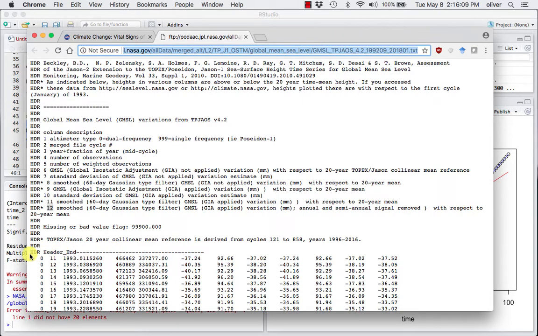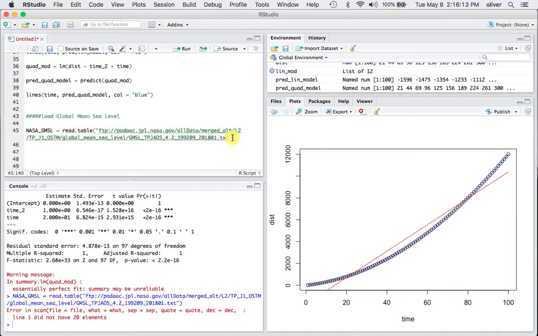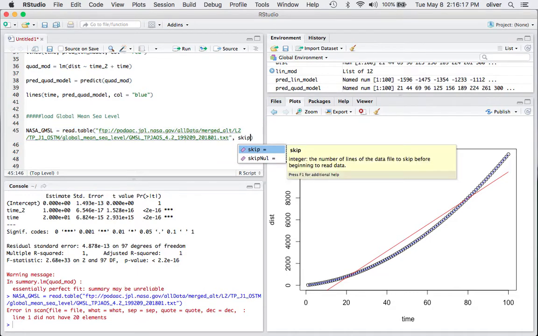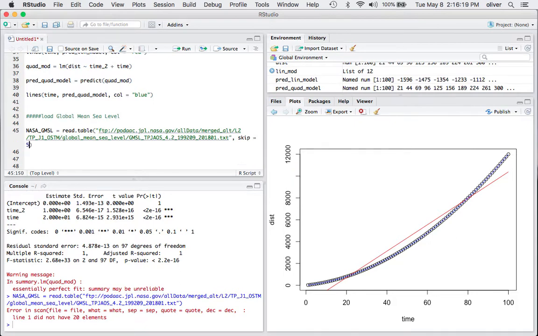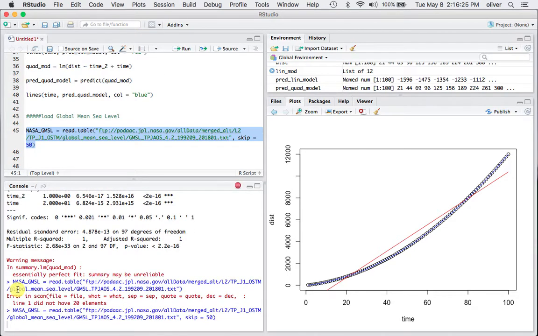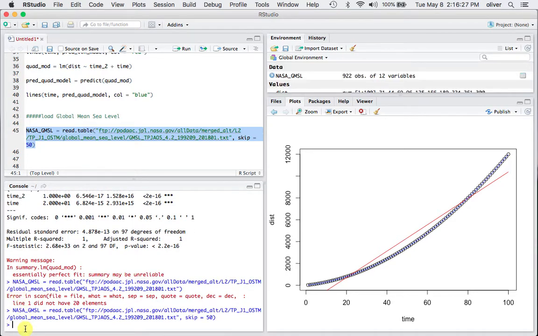See, here it says header end. And I've already done that, and it turns out that we just need to skip 50 lines. So it's going to skip 50 lines and then start reading in data. Okay, now we did that. Let's take a look at the top of this. Let's do a head of